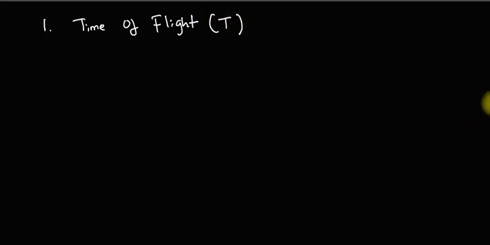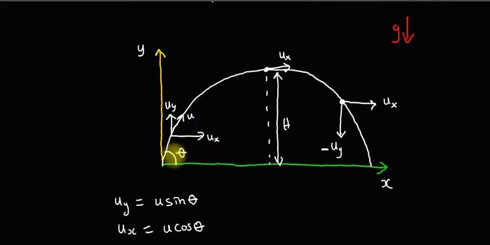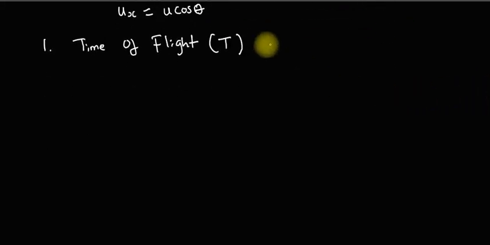So formulas which we are likely to see in projectile motion include, let's just start with the time of flight, also called total time of flight. Now, time of flight, represented by t, is the total time taken for a projectile to move from where it was launched back to the ground level. So it's the total time taken for a projectile to complete its motion that we call time of flight, and is given by the formula